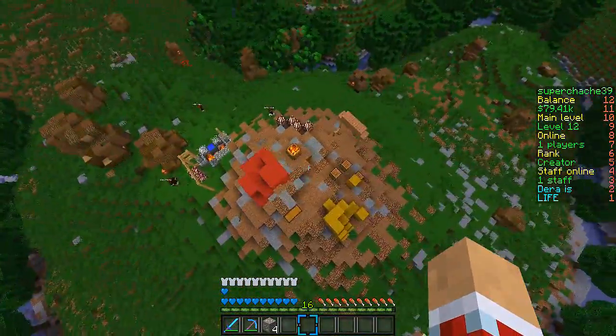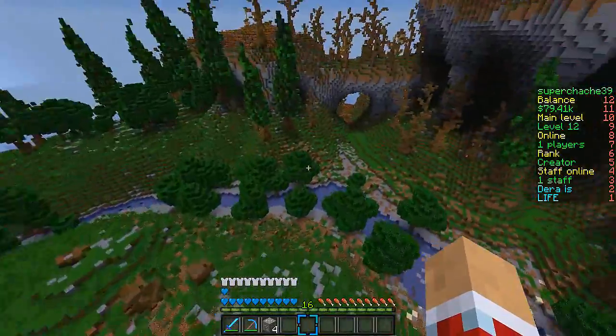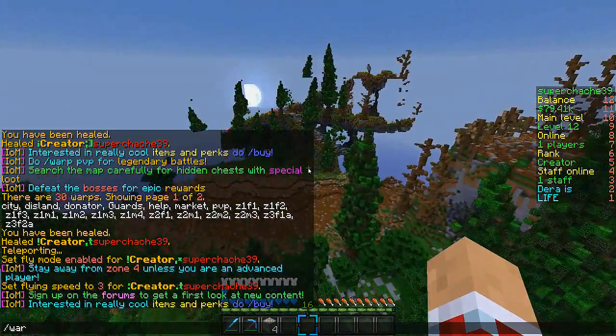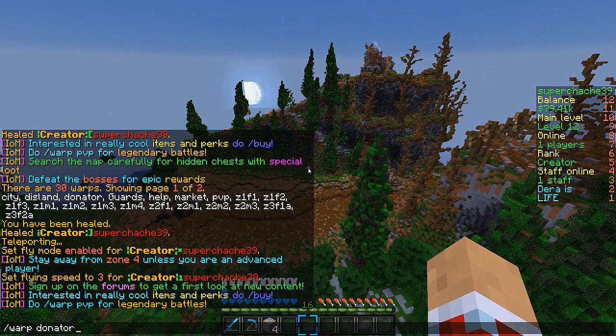But you guys will find areas like this throughout the map for you to explore, which is totally sweet. So I think what we'll do is run over to the Donator Island. I'll show you guys what we currently have on there. Now, this is still in...